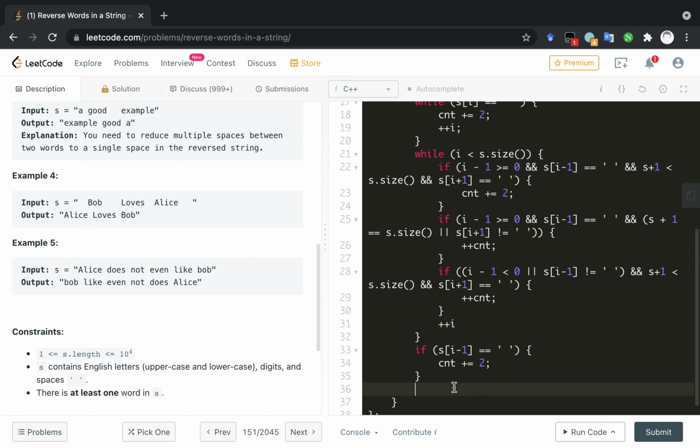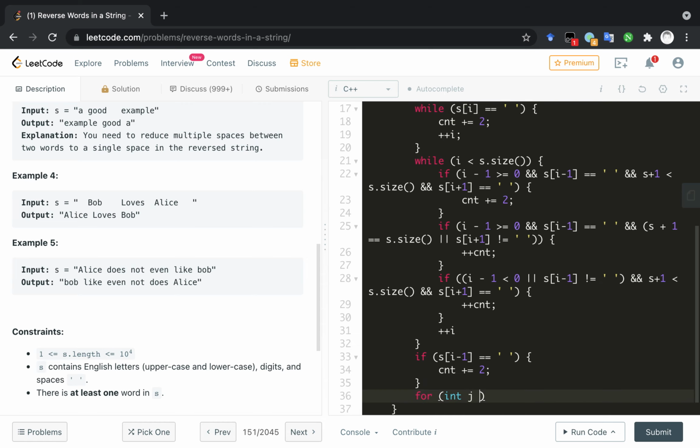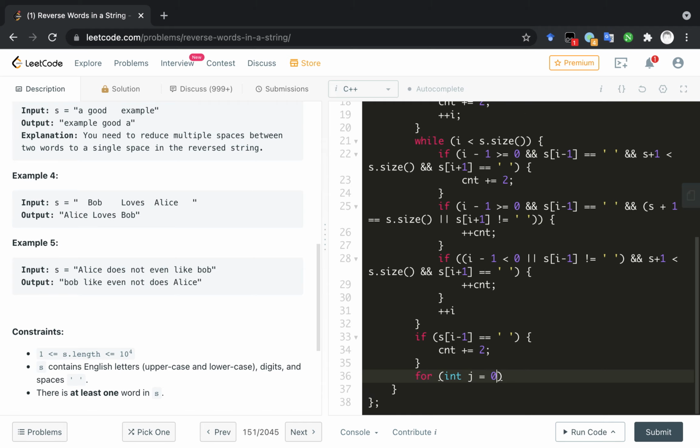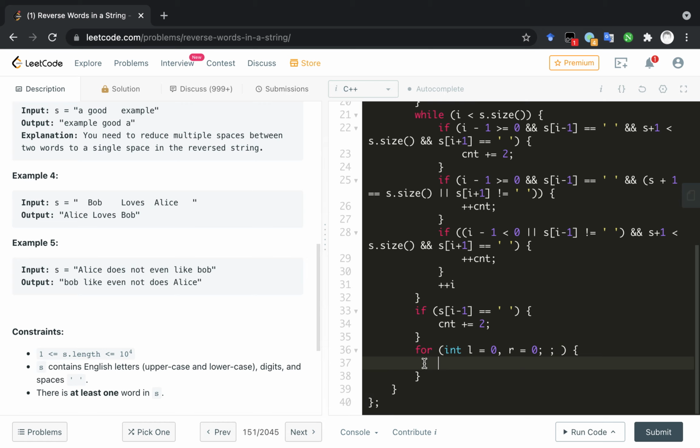So for int, we use the i here. I will declare a new index j and let's make it r and right. So I start, if r